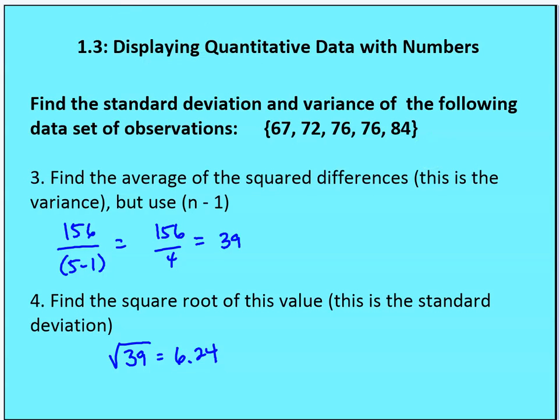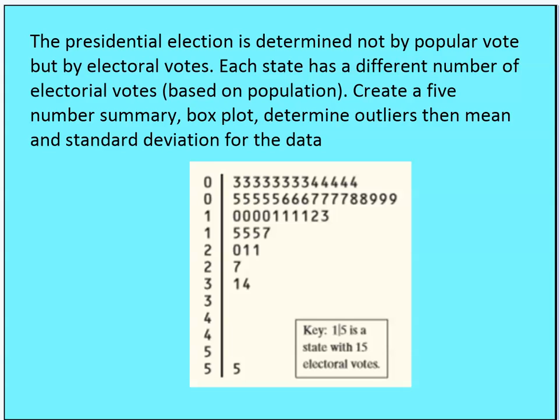So let's move on to your third classwork problem. I'm going to give you a stem and leaf plot. This is a look at the presidential election and how electoral votes are allocated. As you may or may not know, the presidential election is not determined by popular vote. It's determined by electoral votes. Each state has a different number of electoral votes. And so this is a list of all of the electoral votes based on the different states in the United